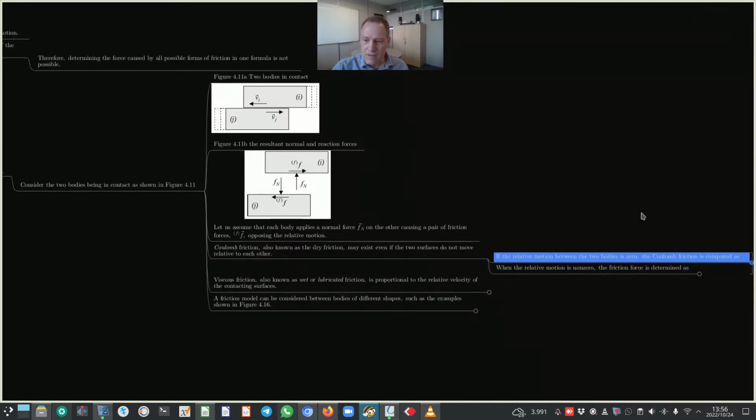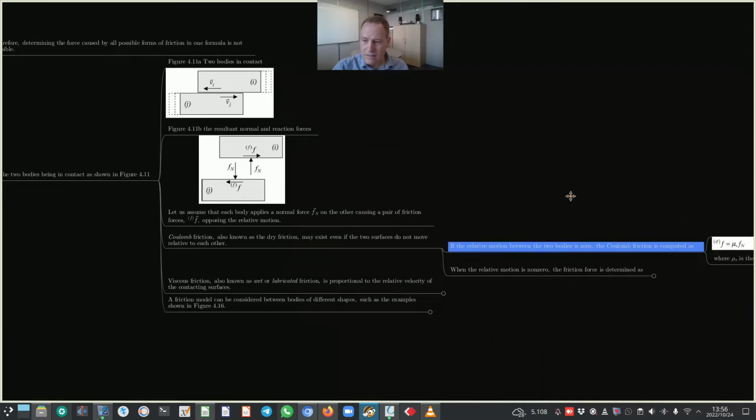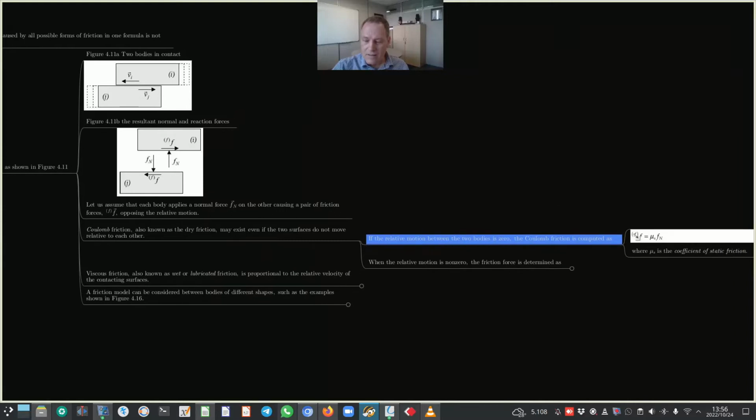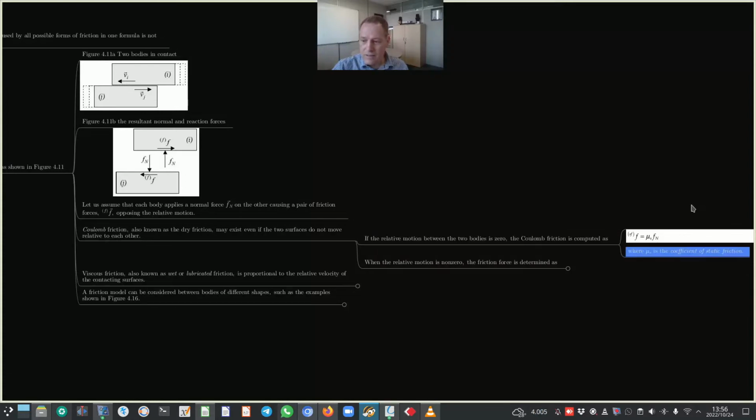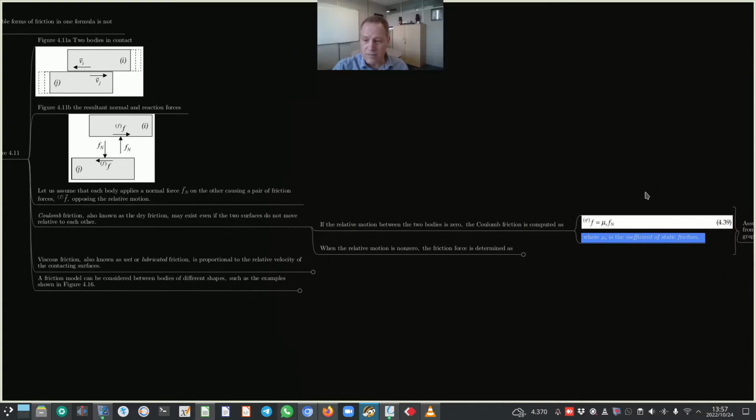If the relative motion between the two bodies is 0, Coulomb friction is computed as static friction, superscript SF, equals mu s times Fn, where mu s is the coefficient of static friction, and Fn is the normal force that we spoke about and that is shown here in figure